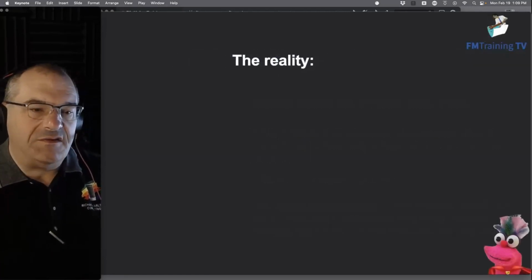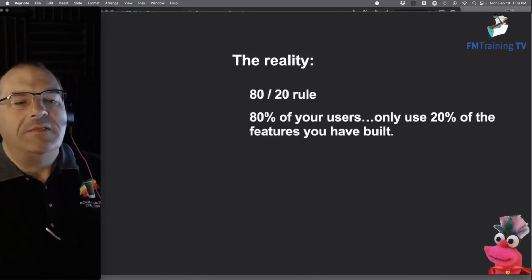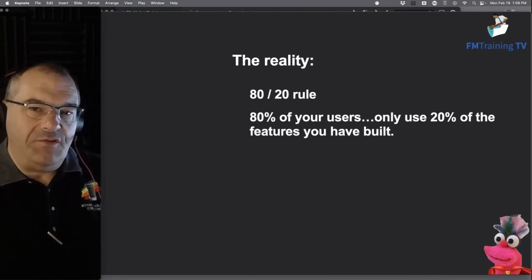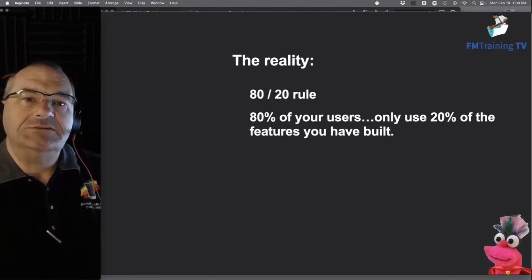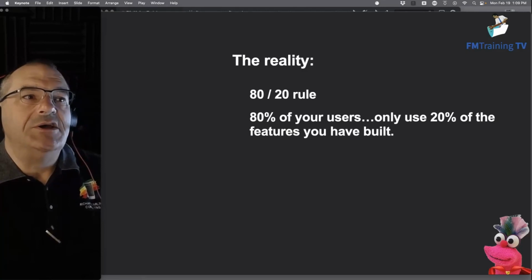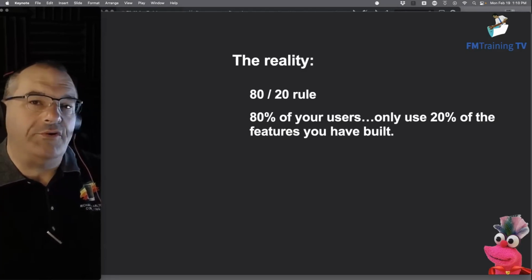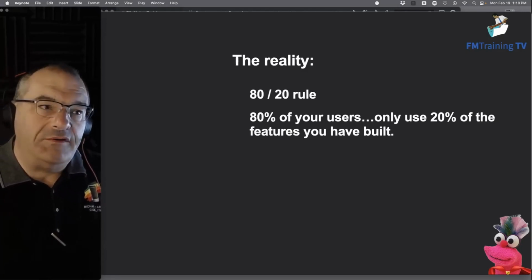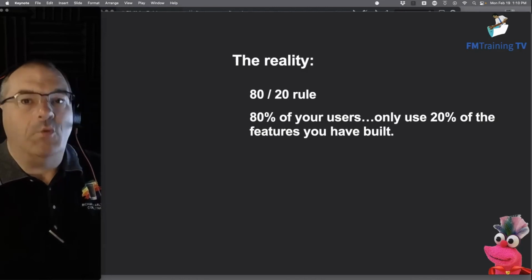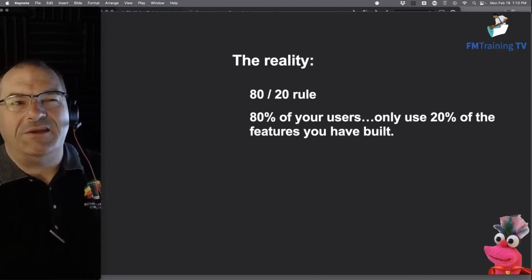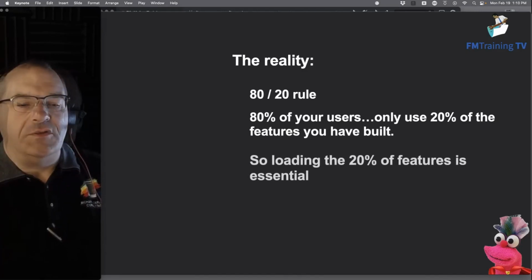So that's where we get to this next thing. The reality, of course, is the 80-20 rule. 80% of your users will only use 20% of the features you built. And so if you build 10 reports and a couple data entry screens, your users will use 2 of those reports. Statistically speaking, they will actively use 2 of the other 8 reports someone thought were really neat, really important, and then no one uses them because they realize in retrospect that wasn't really what they needed, or it was redundant or something, right? So the loading of the 20% of essential features is kind of what you would want